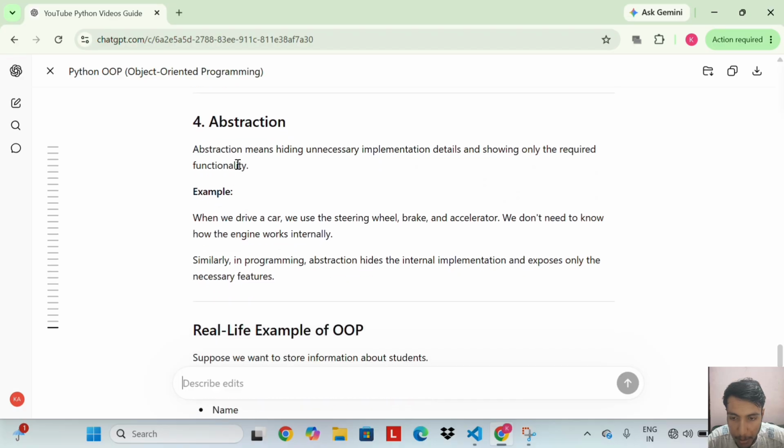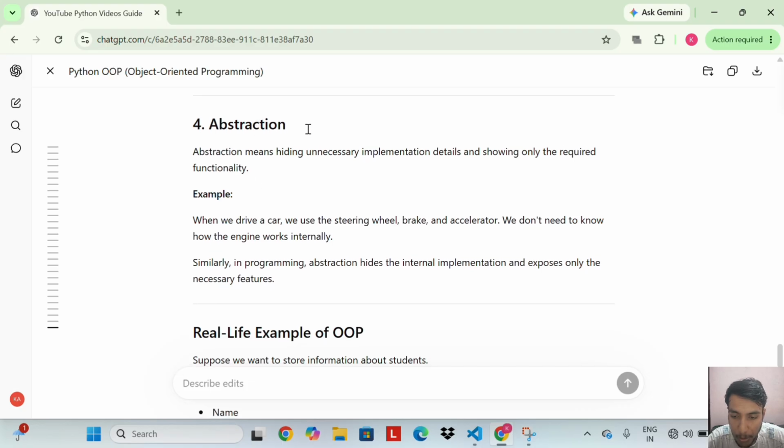Abstraction. Abstraction means hiding unnecessary implementation details and showing only the required functionality. This is the fourth pillar of OOP. Example: when we drive a car, we use the steering wheel, brake and accelerator. We don't need to know how the engine works internally.